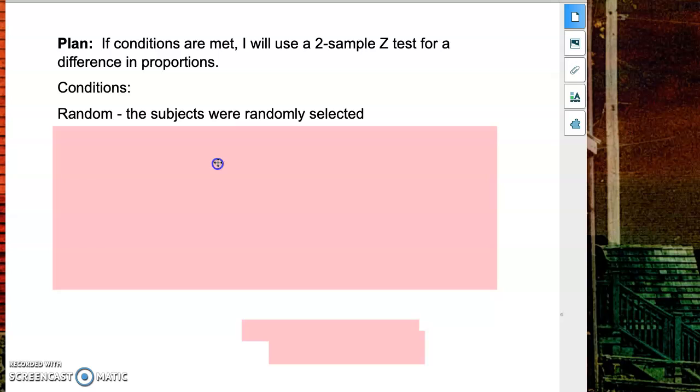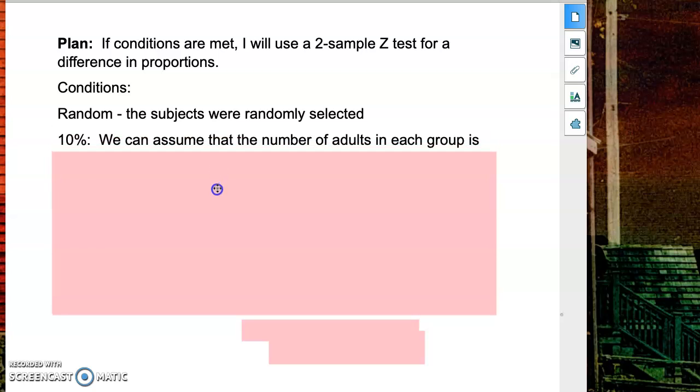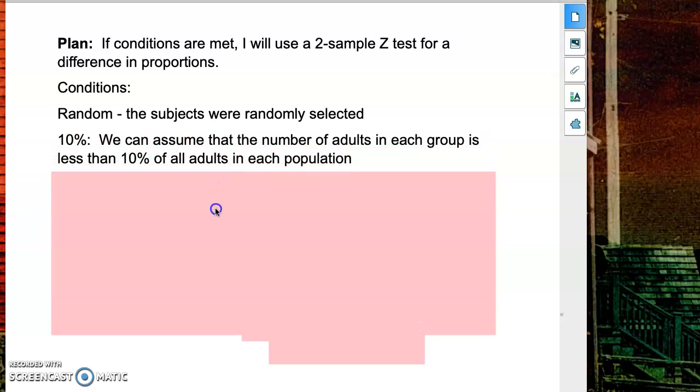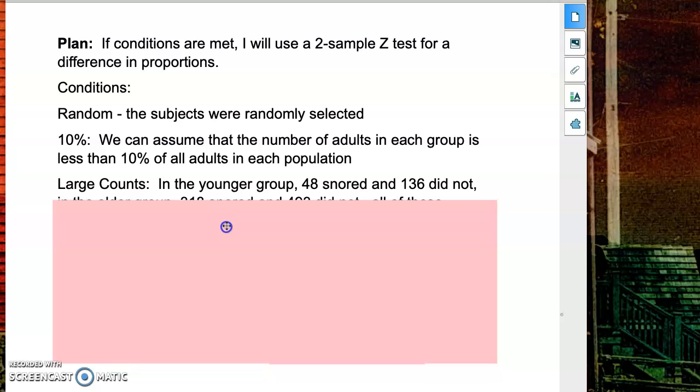Well, same as they have been all along. Random, the subjects were randomly selected. 10%. We can assume that the number of adults in each group is less than 10% of all adults in each population. So note we're doing the 10% for each population, assuming that they're different in this case. Large counts,